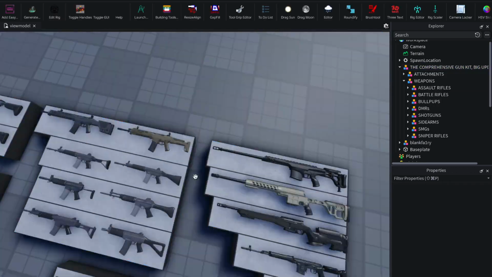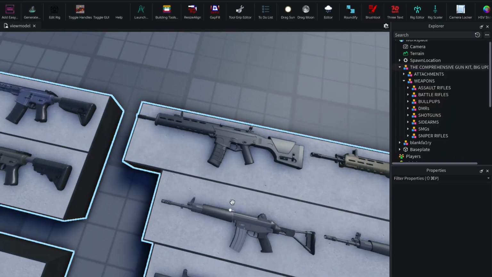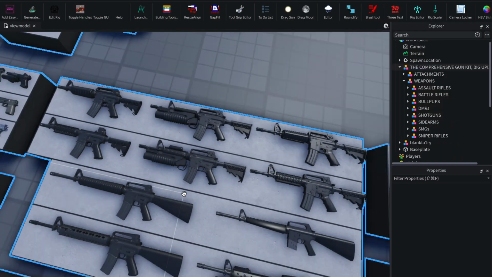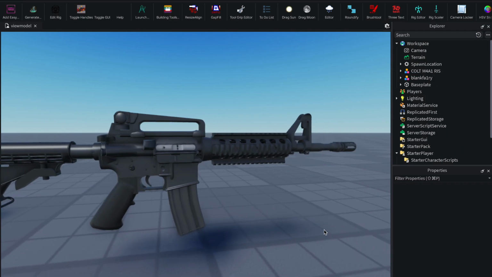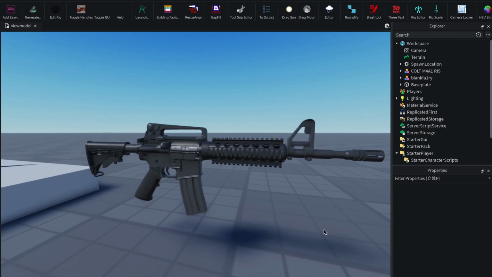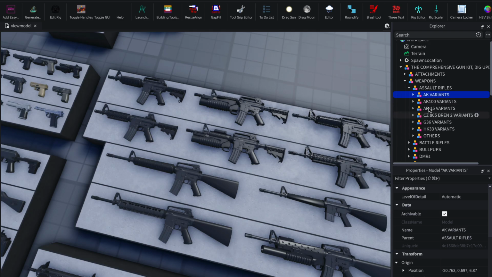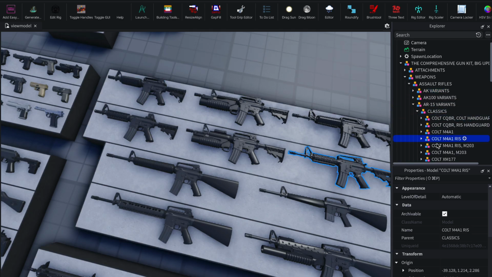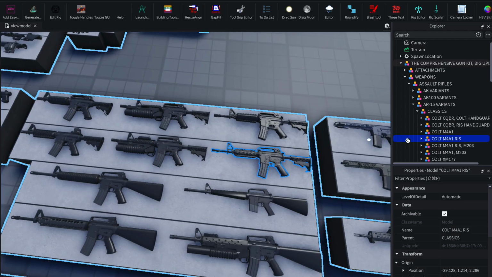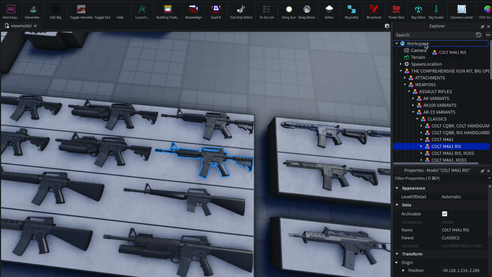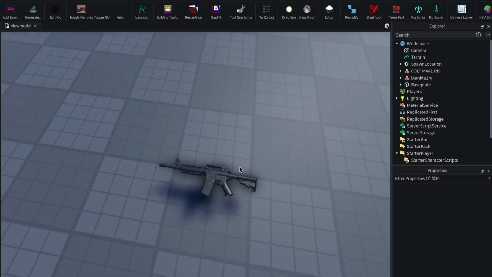So once you have that, insert it into your game and pick any gun you want. For the video, I'm using the Colt M4A1 RIS, a gun that I totally knew existed before this video. Like I said, you can use any gun you want, but I'd recommend using the same one that I'm using so you don't get mixed up with the names. So grab the model and drop it into Workspace and delete the rest of the gun kit because you won't